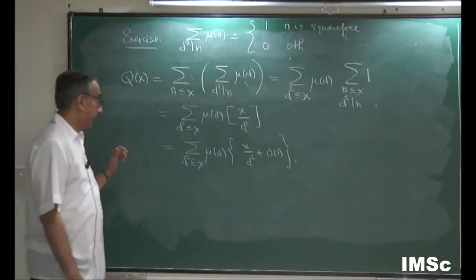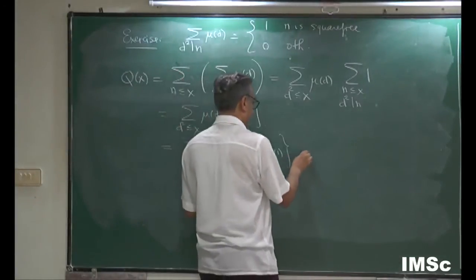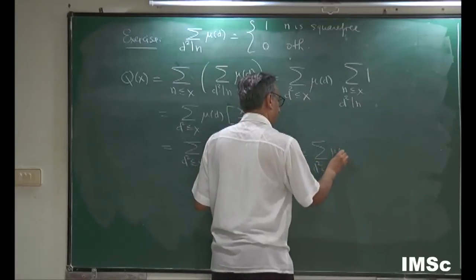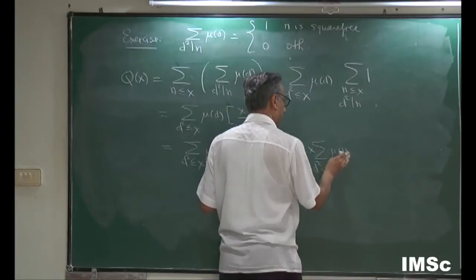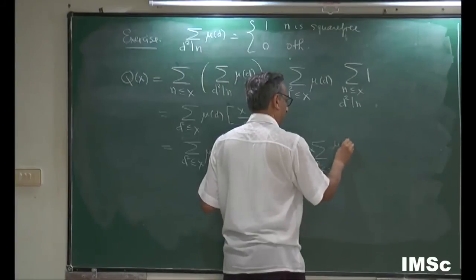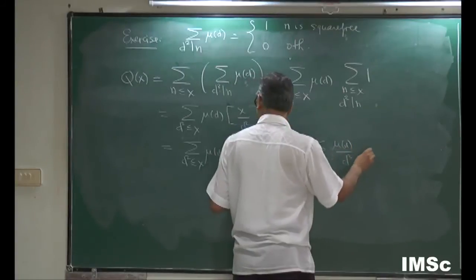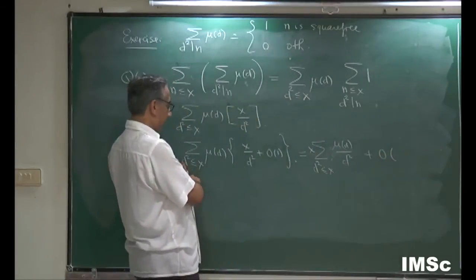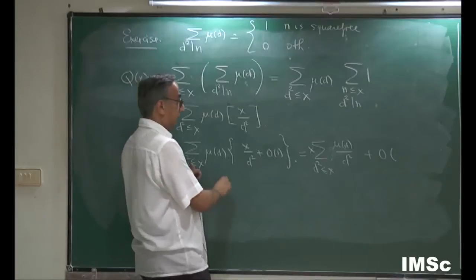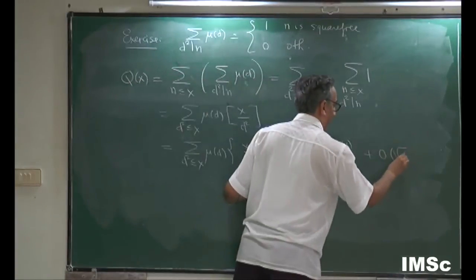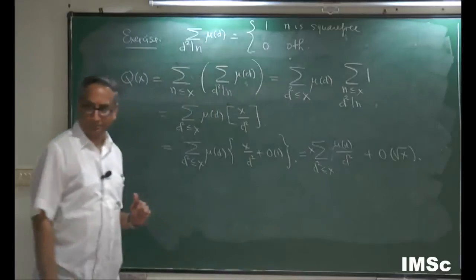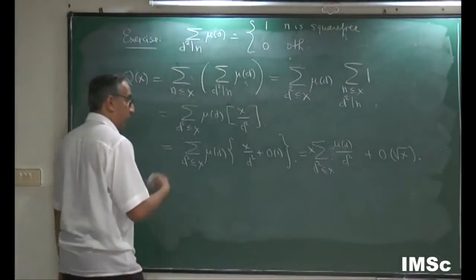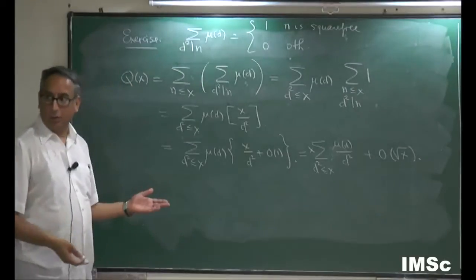Okay. And now you get d squared less than x, mu d, well, x comes outside, mu d over d squared plus O of, well, the Mobius function is at most 1, and I've got at most root x summands. So it's O of root x. Okay. And this is a convergent series, so don't replace that by 1 plus little o of 1, then you'll get